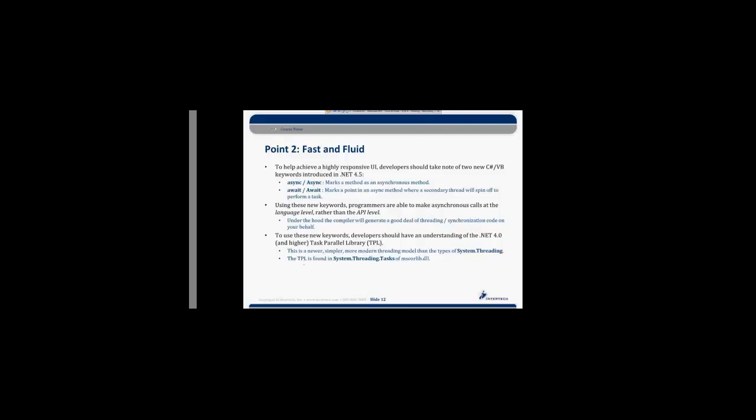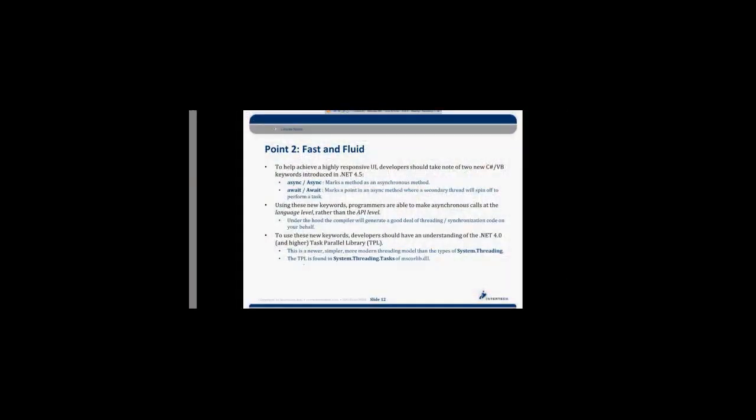Now, this little idea of being fast and fluid, great marketing buzzword, it actually has kind of dipped into the languages themselves. .NET 4.5 introduced a few new keywords to both C# and Visual Basic.